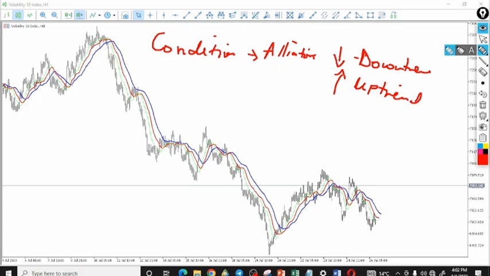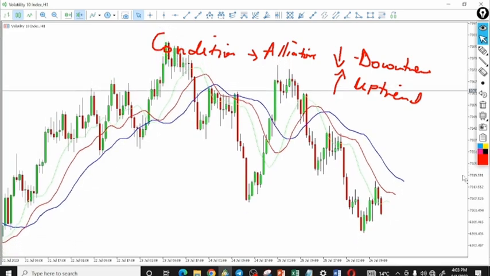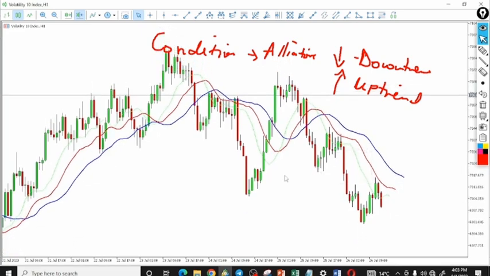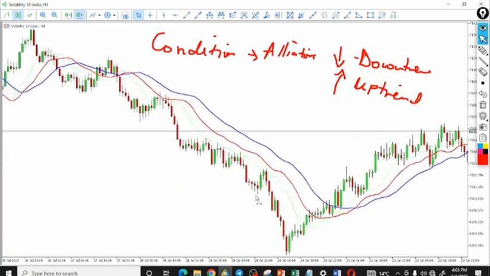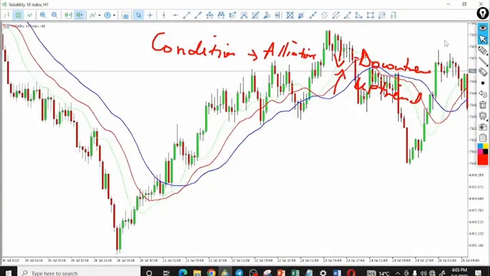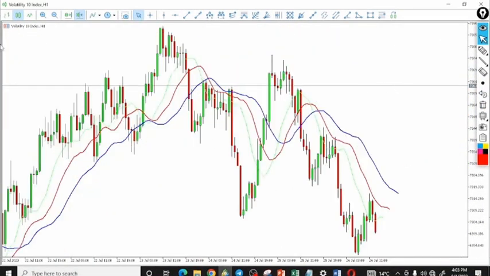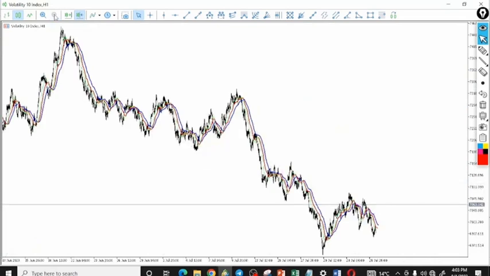As you can see on these alligator lines, they are always moving like this. So if the market is in a downtrend, they will be above the market and they will be moving in the downside direction, right? So this is the first condition. The next condition that you want is for the